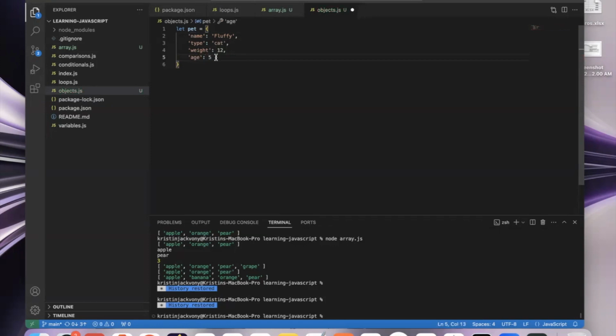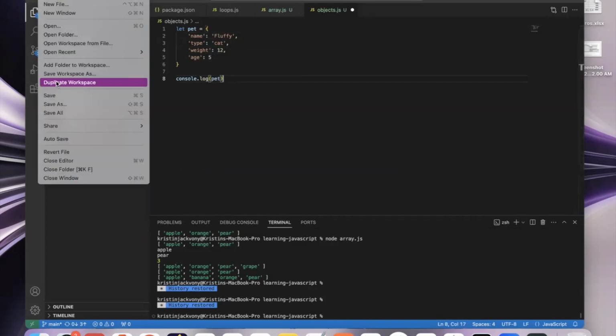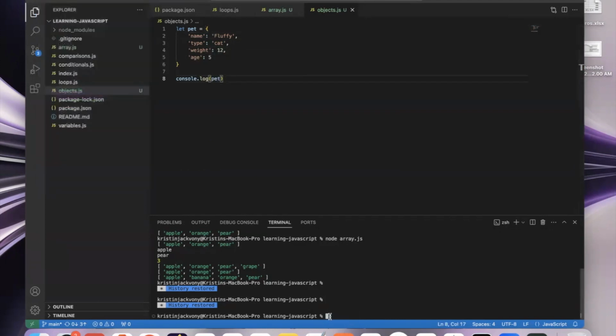And then at the end of our list of name value pairs, we don't have to put a comma because now the list is over. So that is our pet object. Let's use our pet object. So let's say console.log pet. So let's save, and we will run that file,